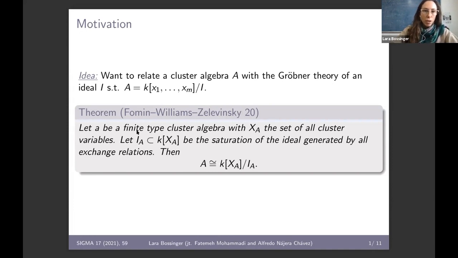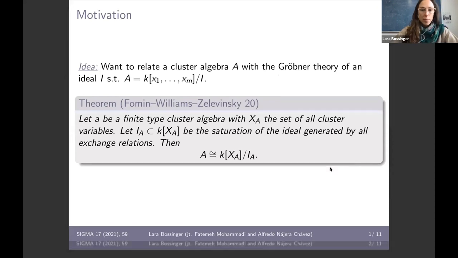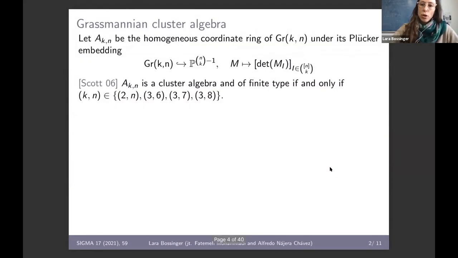So saturation, for people not familiar with it: the saturation contains all the polynomials that, if I multiply them by a monomial in all my variables, will be contained in the ideal generated by exchange relations. So it's a bit more than exchange relations. So great, this is our entry to Gröbner theory if we're dealing with a finite type cluster algebra. And for most of the talk, I will be concerned only with finite type cluster algebras, namely those of